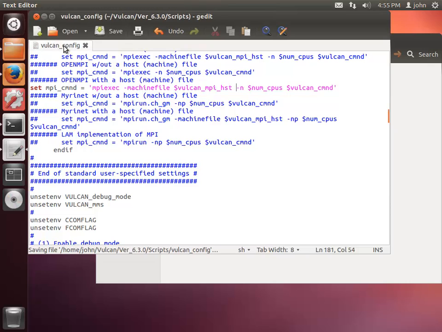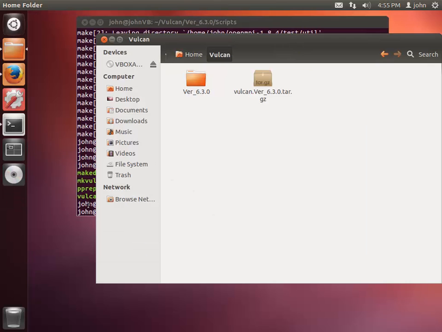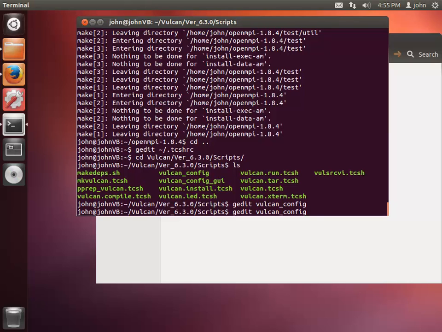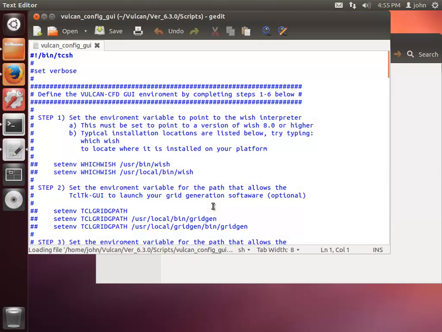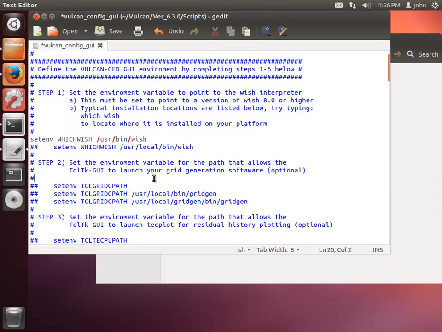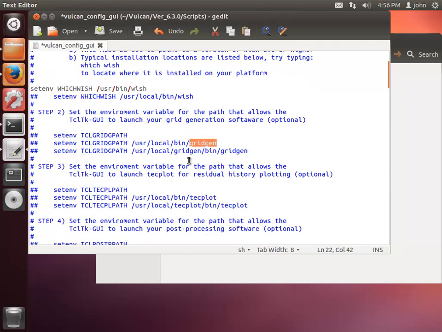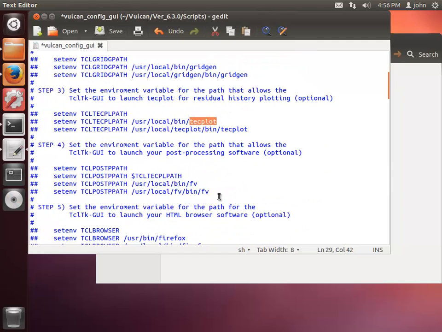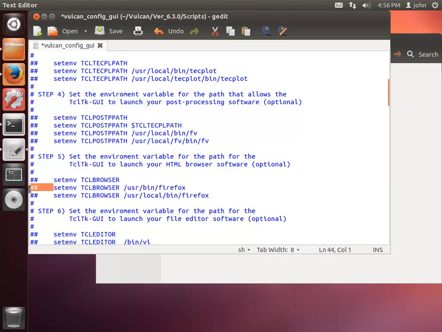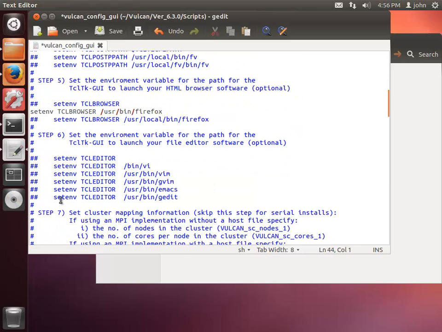So we're going to save and open up Vulcan config GUI. Again, this GUI is more for some front end and other options, and a lot of these really aren't relevant. Like GridGen here, we're not using GridGen. You may have it. TechPlot, I don't have it either. I'm not 100% sure what a lot of these do, so I'm activating the ones I know that are right, and a few of these other ones I'm really unsure about. And it's possible this is kicking me in the tail with some of my other work, but